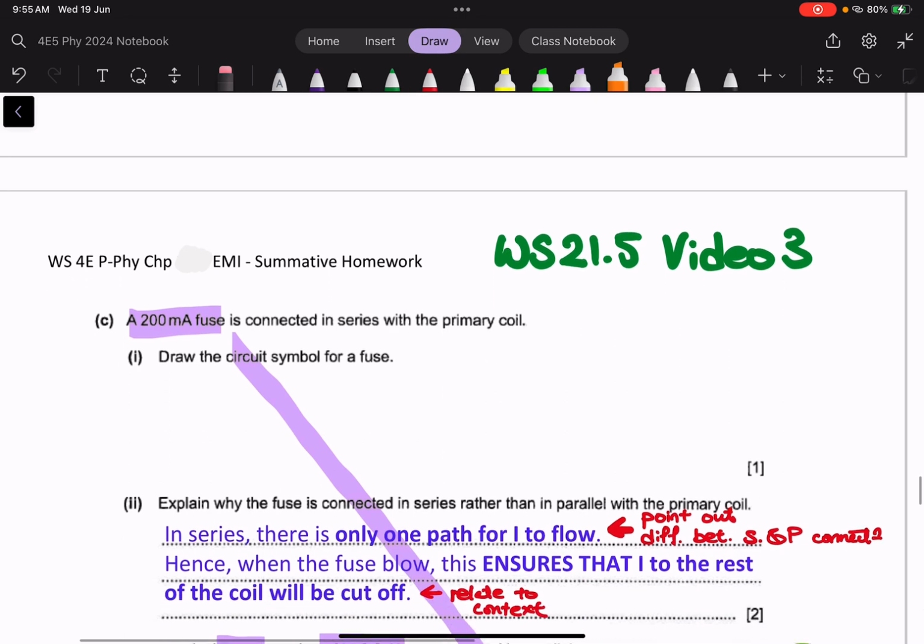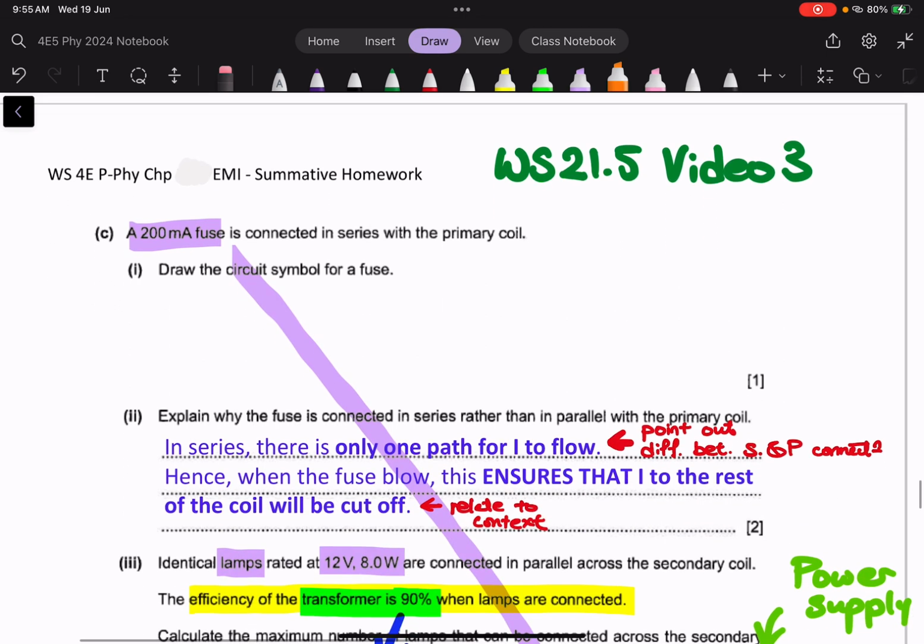And then after that, for part C, when I was first doing this O-level paper, I got stuck in part C because of this. I had no clue why I needed this number, 200 milliampere, until later on. So watch till the end and you will see why I got stuck, and how this minor overlook of this digit caused me to not be able to answer the final part of the question. Okay, so what happened is